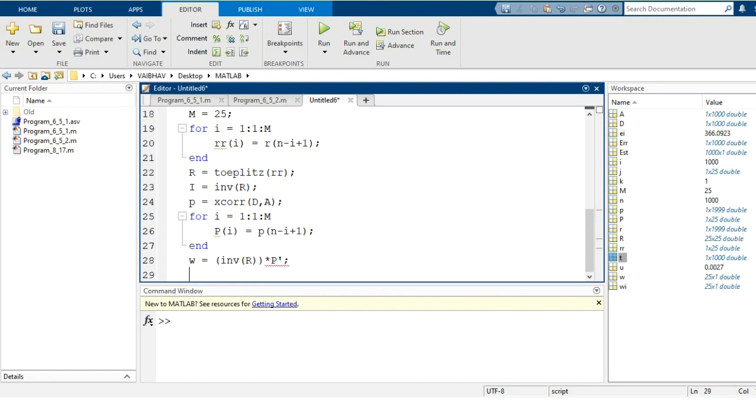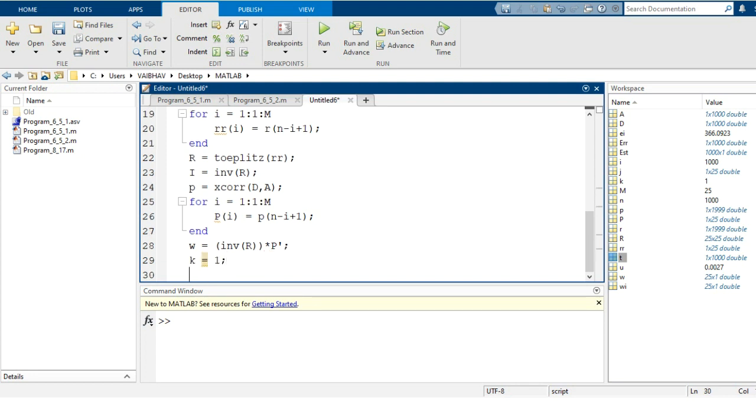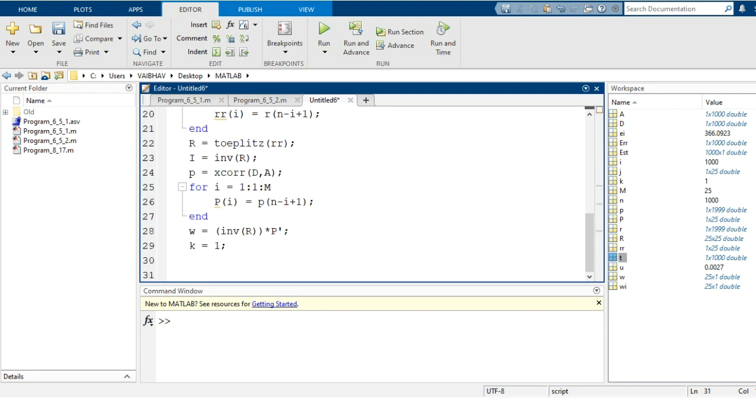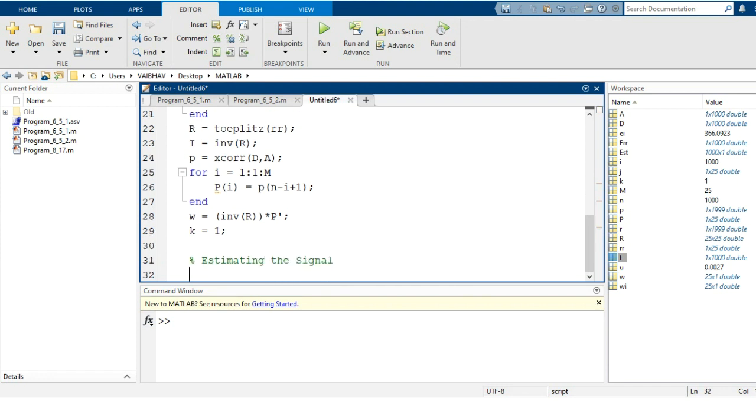Then we require K is equal to 1. We had it earlier as well, and now with this much of the logic we compute the estimated signal here. So I just write estimating the signal. Here the estimated signal is to be held by the variable defined capital E small st. We initially start with all the elements holding zeros for the dimensions n comma 1, ending with